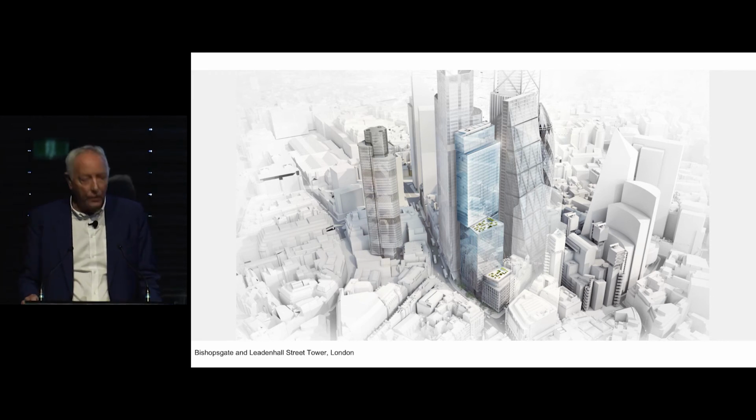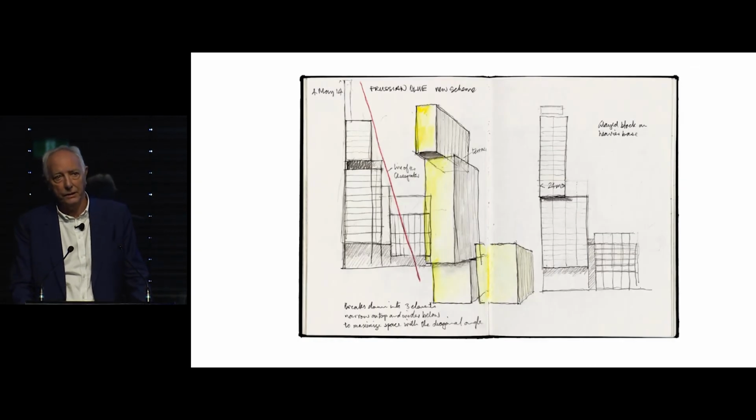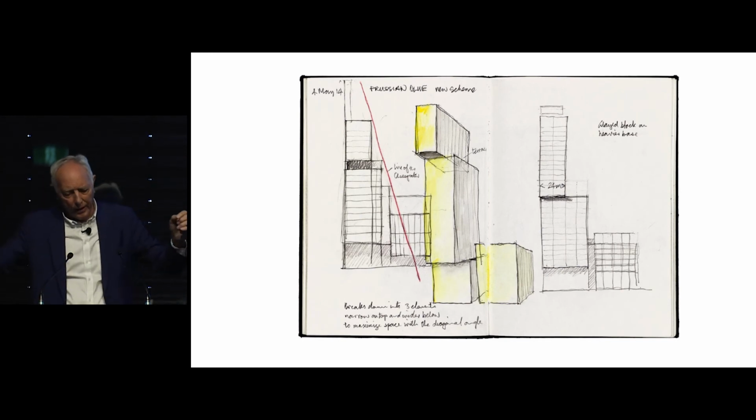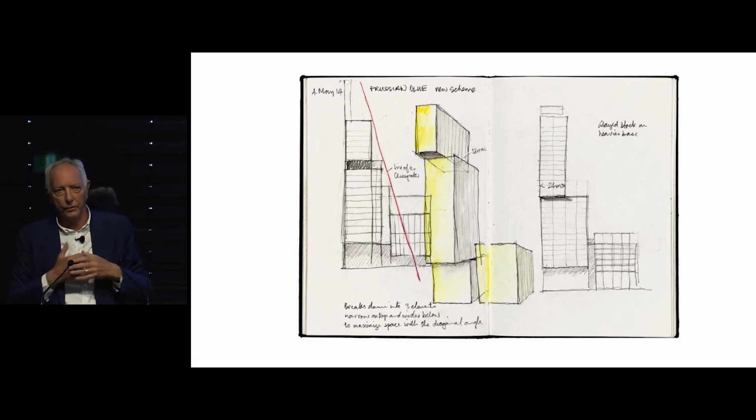And the controls are due to, they all relate to St. Paul's views of St. Paul's Cathedral from different places around the city. And in a way, it's a kind of way of controlling views, but also it actually coordinates what's going on